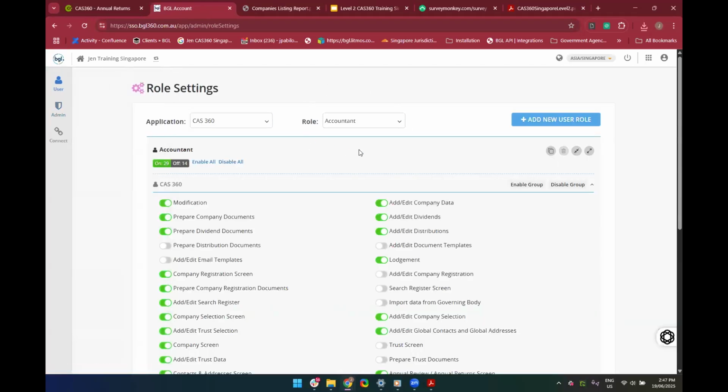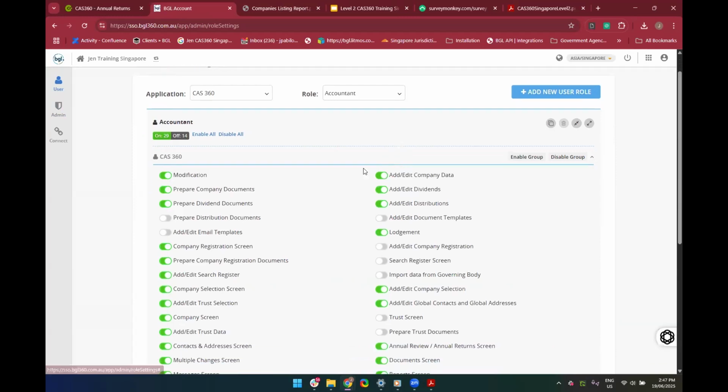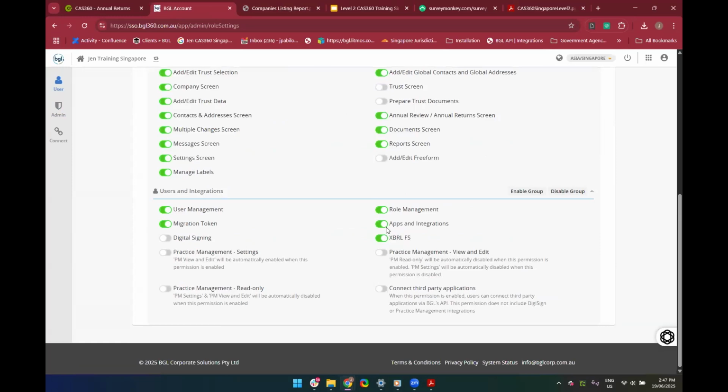For example, if Jennifer is the accountant and you want Jennifer to prepare the XBRL, you need to make sure that the settings for Jennifer's accountant role have the XBRL